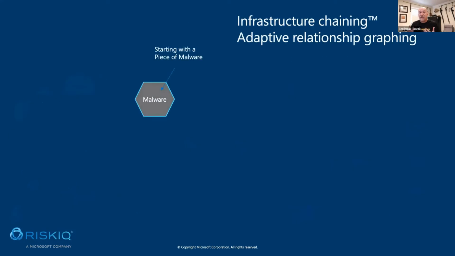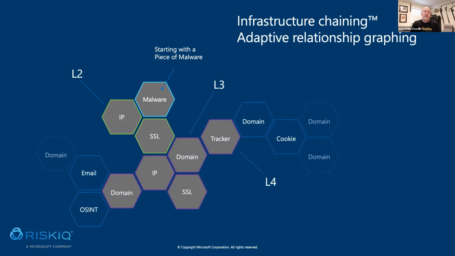So we're able to chain infrastructure together. You're thinking, what does that mean? It means that from a single indicator, like an IP address, a domain, or a piece of malware, we're able to say that malware was associated with this IP, that IP had this certificate, that certificate was also associated with this domain, and that domain had different IPs. We link it all together to give you that map and say, here's all of the infrastructure involved with the thing you started off with.